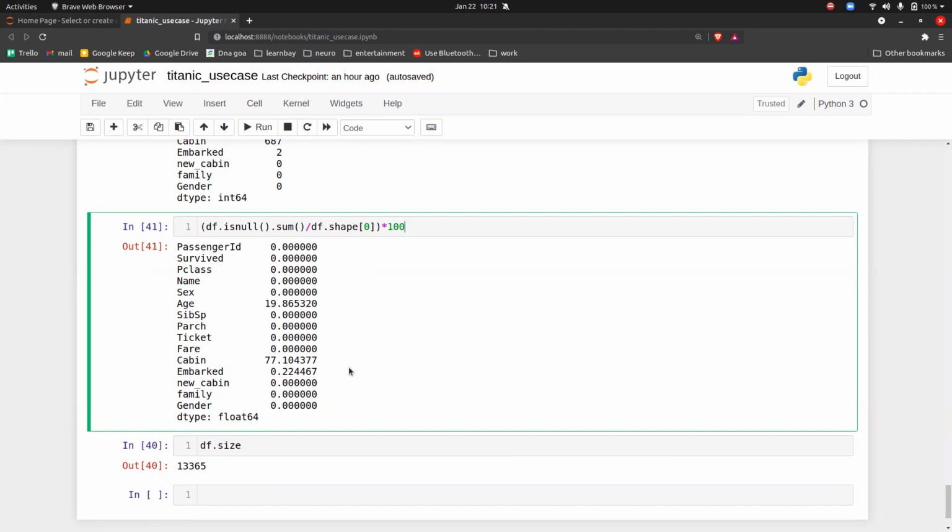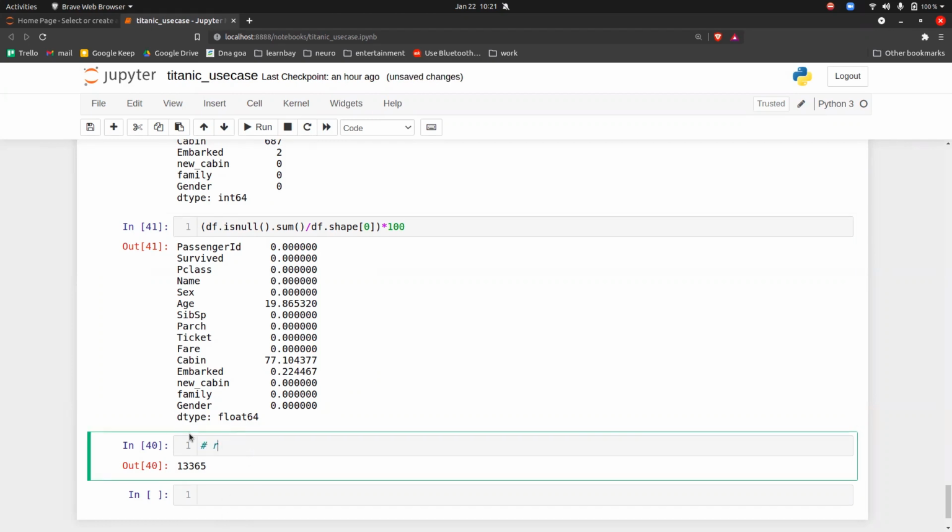Okay, so mode is for categorical data, right? Embarked is categorical data, so we'll try to find out the mode of it. So guys, this is a task you have to do now. The task is: replace none values of age with mean.